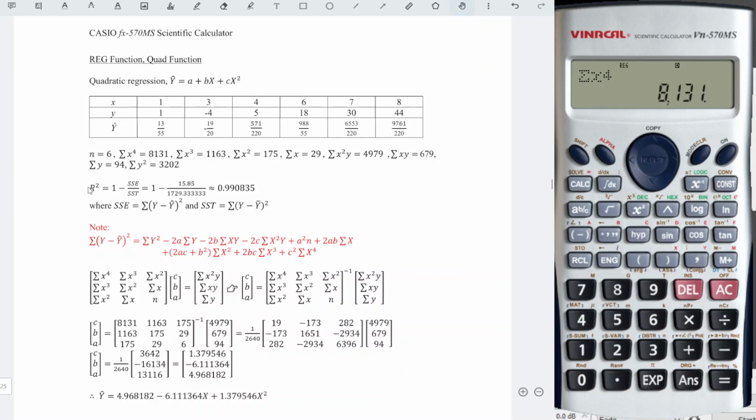Now let's say we want to determine the coefficient of determination. Unfortunately, the calculator does not provide the value directly, but we can make use of the calculator and make our process shorter. For SST, we can obtain it directly from the calculator. If we rewrite the equation, SST is basically the variance of y times n, where n is the number of pairs that we have.